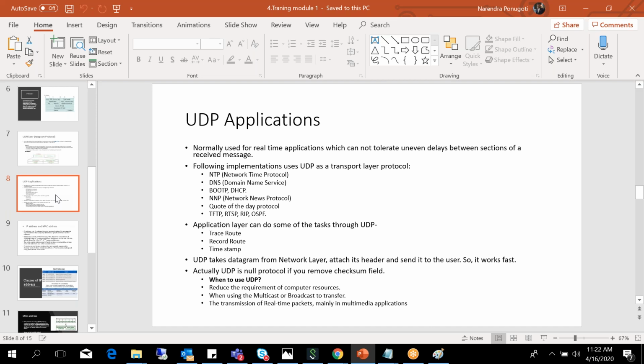That's how the server will know which packets are missing.